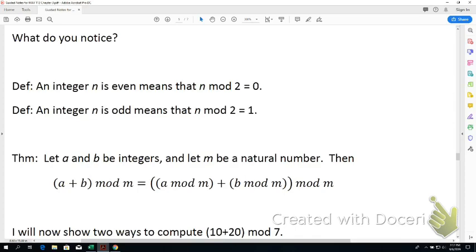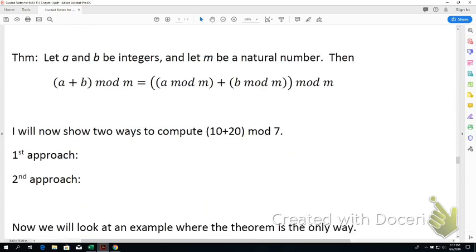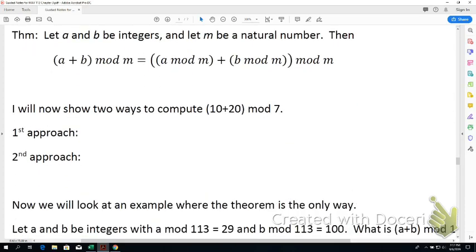So, first we're going to do one approach, which is I'm not going to use this theorem. I'm just going to add the two numbers together. In a lot of cases, you can do that. But if you didn't know what a or b was, then you can't add a and b together. But in this case, I do. So I'm going to go through both approaches. All right, so let's say I have 10 plus 20. That is going to be 30. So the first approach is I just add the numbers together. So I get 30